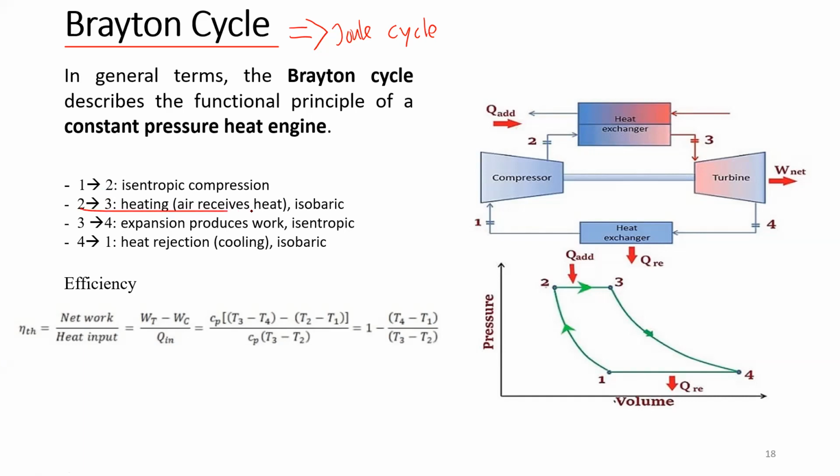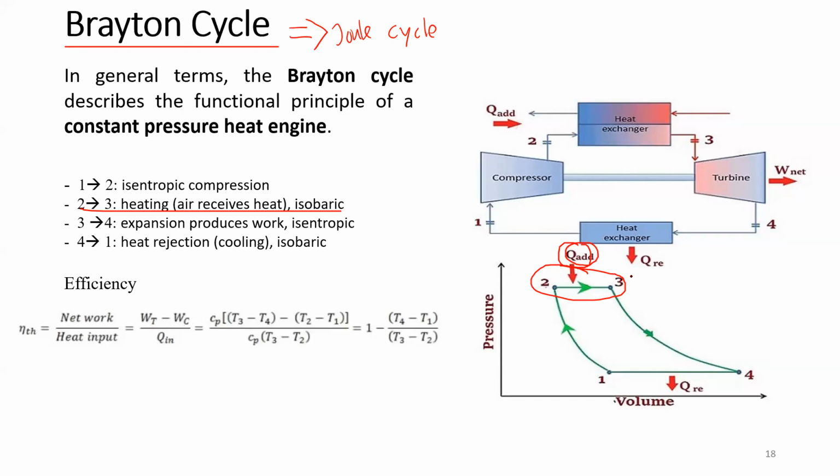Okay, so the second step is air receiving heat at constant pressure. As the isentropic compression is completed, the compressed gas is transferred to the combustion chamber, where an external source is used to provide heat to the working gas. Due to the heat addition, the compressed gas will be ignited, and this ignition process further adds heat to the gas. During this whole process, the enthalpy of the working gas will increase.